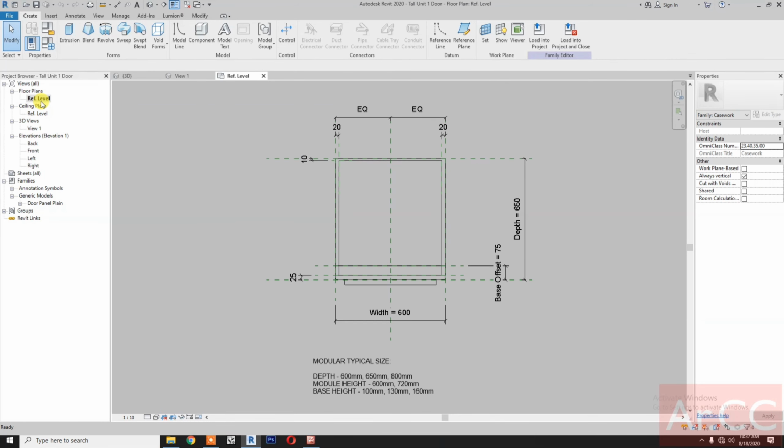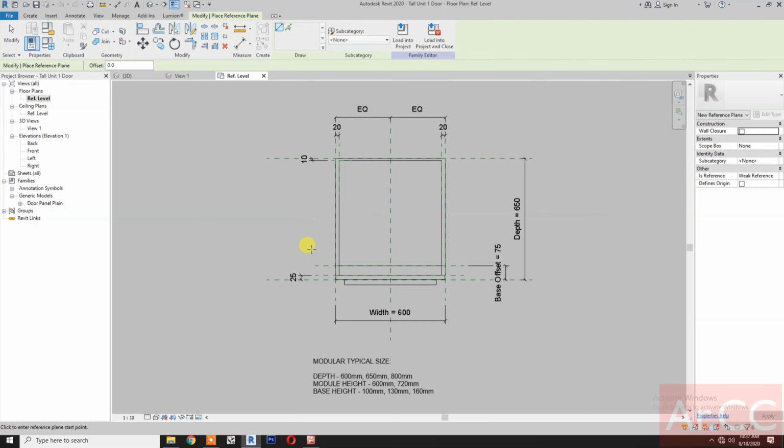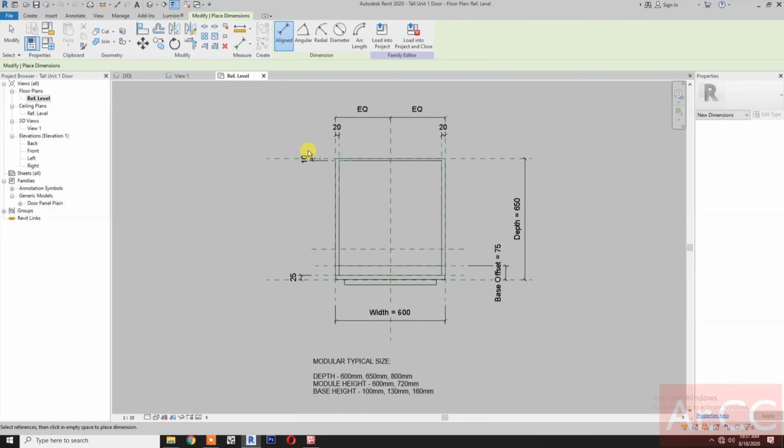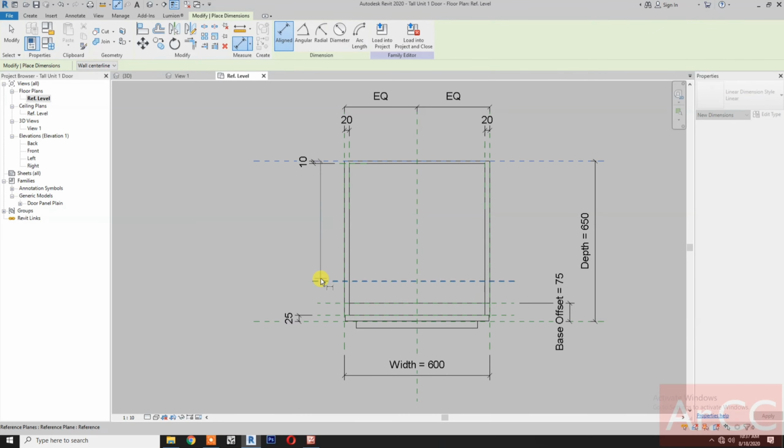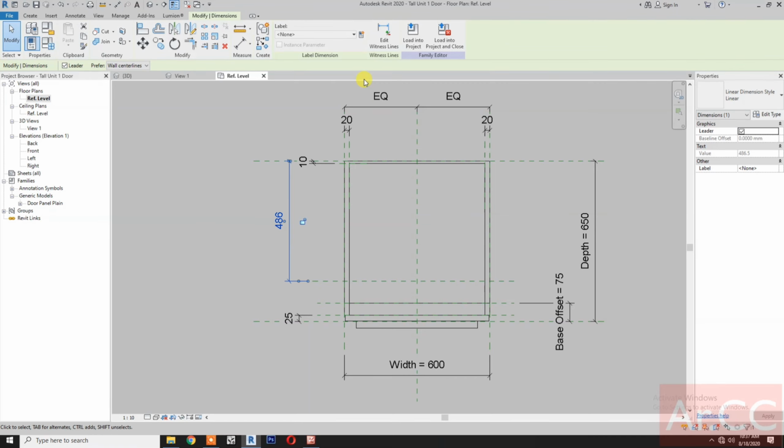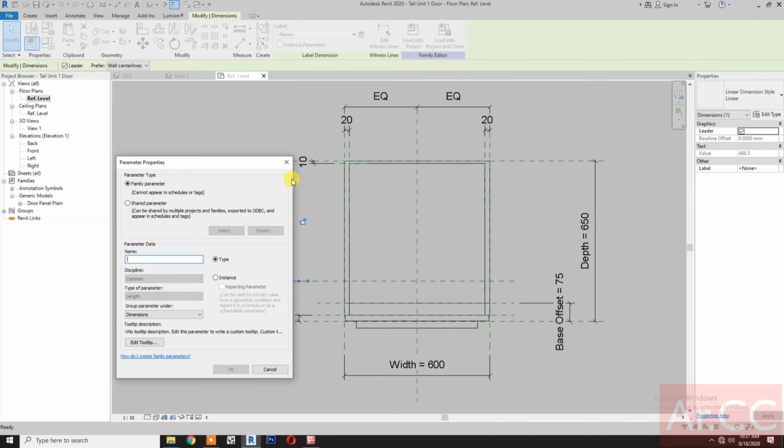Go to reference level. Create reference plane. Dimension. Okay, select the dimension, create new parameter, type shelf depth. Okay,